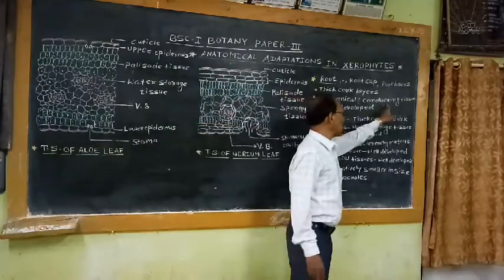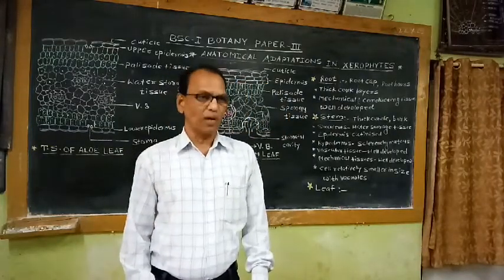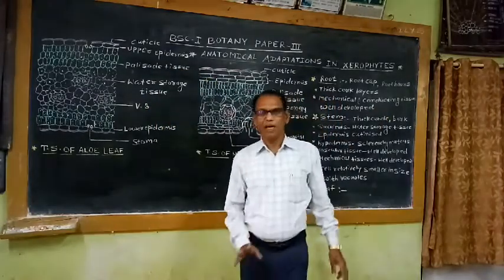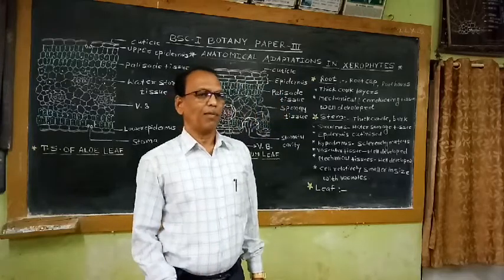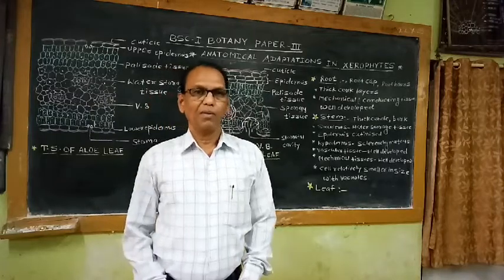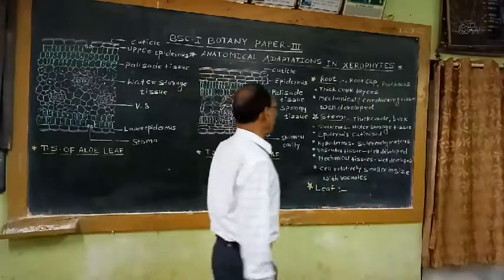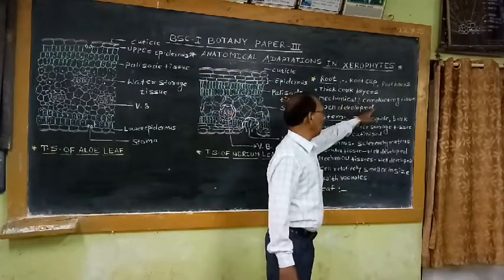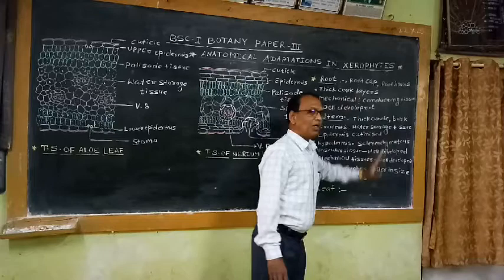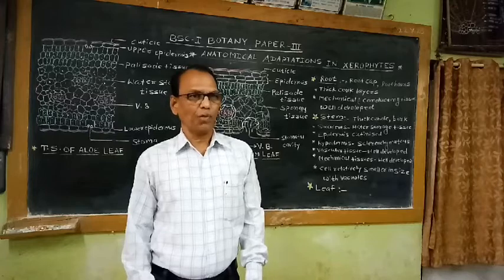As far as conducting tissue is concerned, xylem and phloem are the two basic conducting tissues found in all vascular plants. In all xeropodic plants, these conducting tissues in the form of xylem and phloem are also well developed. That means all the elements of the xylem like tracheids, vessels, fibers, parenchyma are well developed or large in number. That means well developed conducting tissue, well developed mechanical tissue, presence of thick layers of the bark, presence of a large number of root hairs, presence of root caps. These are the prominent anatomical adaptations shown by most of the xeropodic plants.